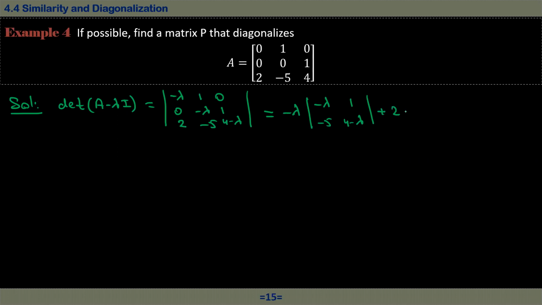So here we have plus 2 times, delete the third row and the first column, here we have 1, 0, negative lambda, and 1, which is equal to minus lambda times lambda squared minus 4 lambda, and the minus 5 is plus 5, plus 2 times 1 times 1 is 1, and here we have 0, so here we have just 2,